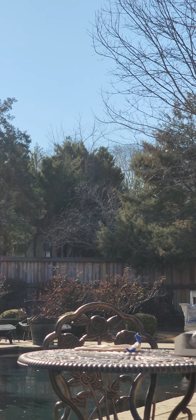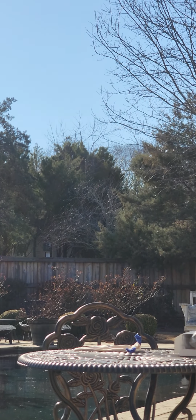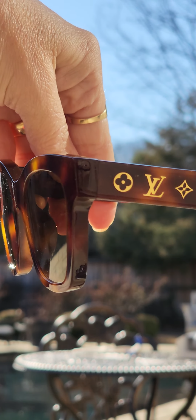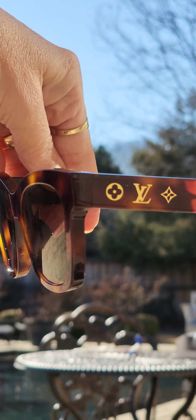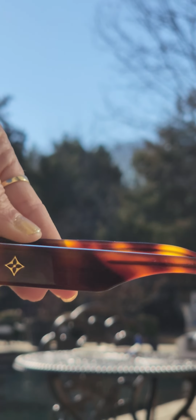I'm gonna walk up and let you guys see how those will focus some. And you can see on the inside there where it says